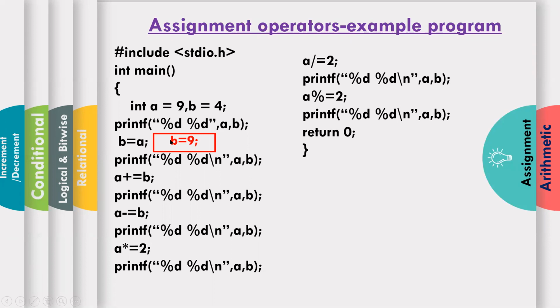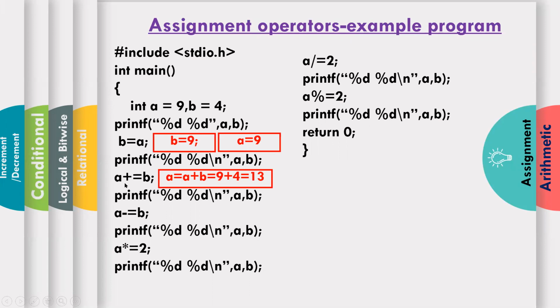So now B is equal to A. Left hand side is B only because that is the variable. Right hand side, in the place of A, I used 9. So what happened here? B becomes 9. You clearly observe only the B value changed. A value did not change. So B is equal to A means B is equal to 9. That means 9 is placed in B and A value is not changed. So what is the value of A here? 9 only. So if you print here, it prints 9 and 9.